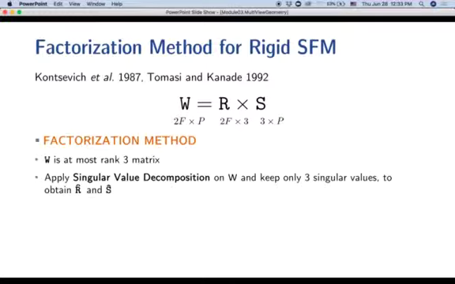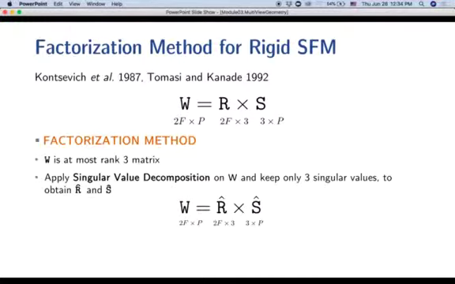And because W has rank 3, my observation is that when I do SVD, there should only be 3 non-zero singular values. All the rest should be 0, right? That's what happens in SVD. The singular values corresponding to the null space come out to be 0. So the span of the space here is 3. The vectors of W span a 3 space, and so there should be only 3 singular values which are non-zero. So I'm going to keep only the three non-zero singular values to obtain R hat and S hat. Okay,